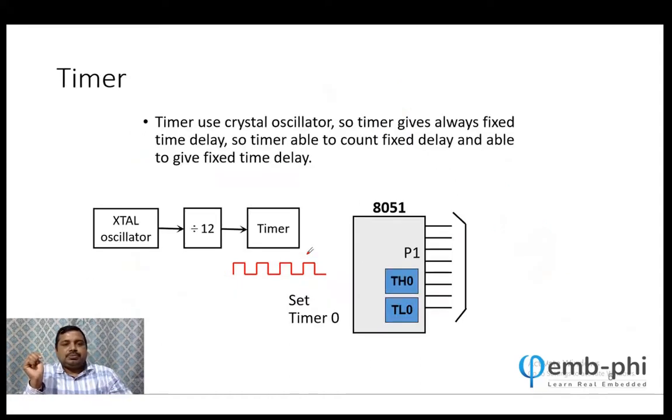But the timer, what is the timer? It takes a fixed input, and because the input is fixed, it can tell you how much time is over if we know the time of one. Consider if we know from here to here how much time it takes. Then we can tell 1 second, 2 seconds, 3 seconds, 4 seconds, 5 seconds. So from here to here it is taking 5 seconds. We can easily tell.